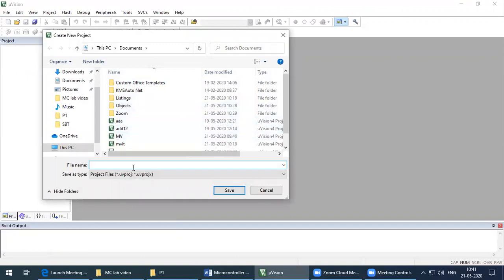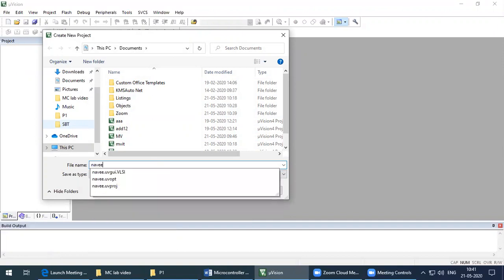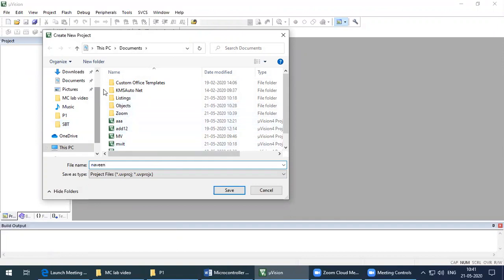Here you can create a new project with your own name. For example, I will create my project with my name, Naveen, and save it in the Documents folder, or you can save it in some other drive.